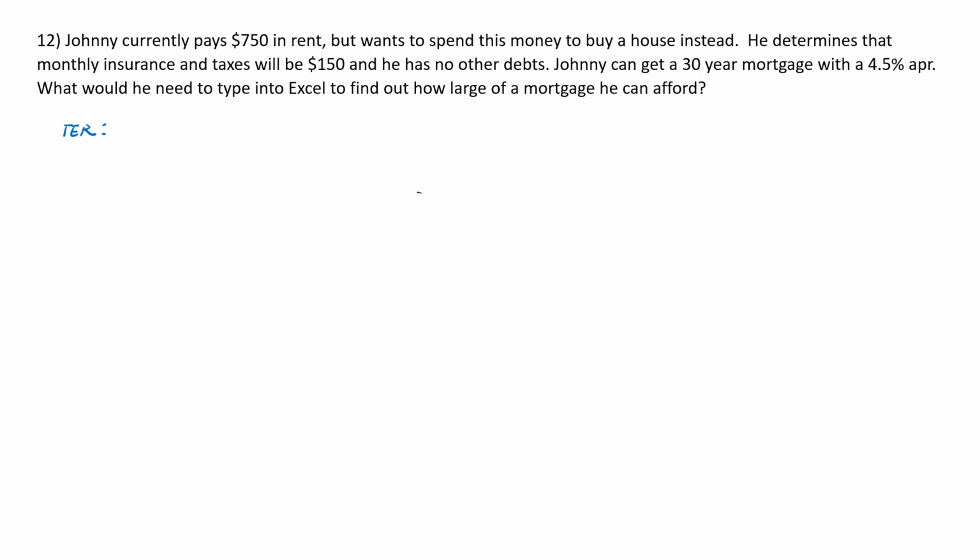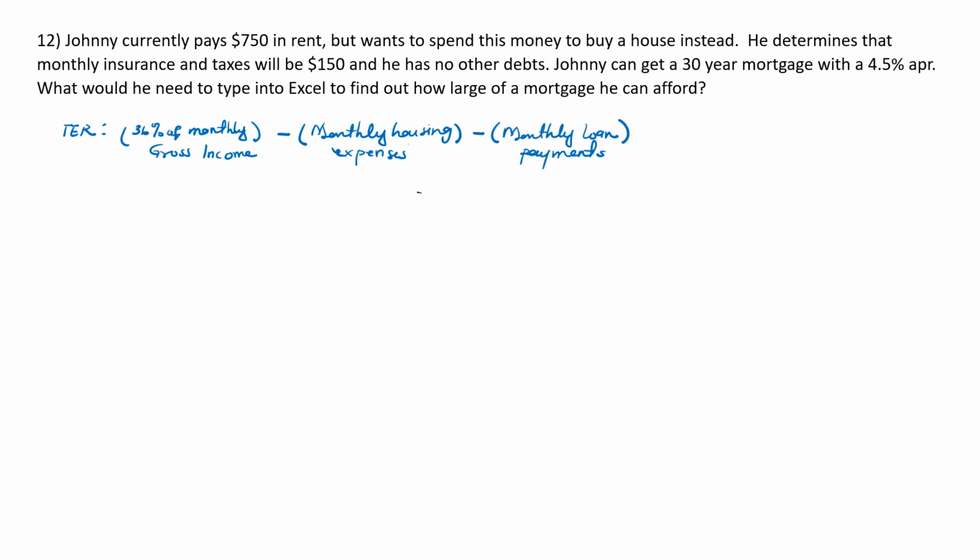To determine the total expense ratio, we take 36% of monthly gross income minus monthly housing expenses, and then minus any monthly loan payment. In this case, since we don't have the monthly gross income information and all we have is the monthly loan payments and then how much goes into housing expenses, we have 750 minus 150, and that gives us